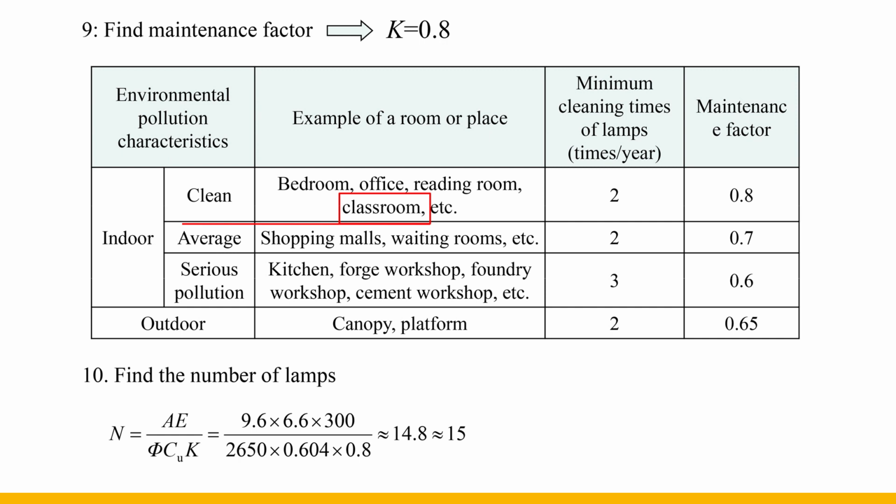Tenth step, substitute illuminance 300, room length 9.6 and width 6.6, luminous flux 2650, utilization coefficient 0.604 and K value 0.8 into the lighting calculation formula using the coefficient method to obtain 15